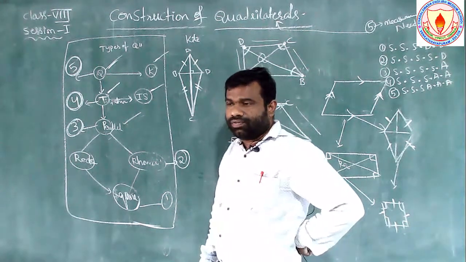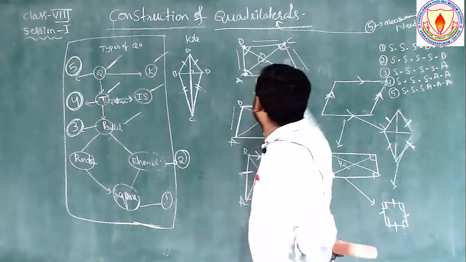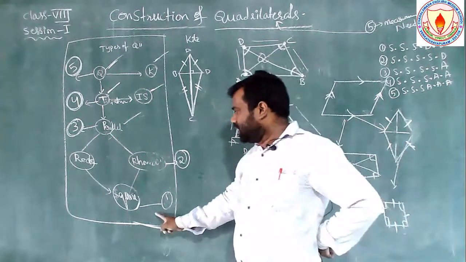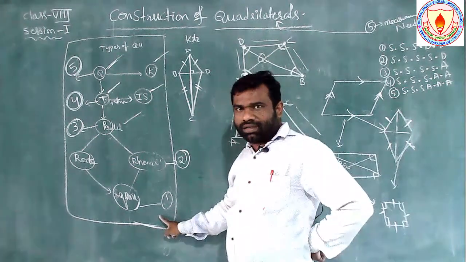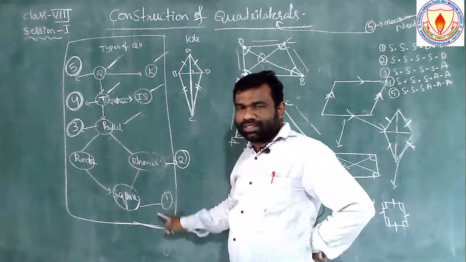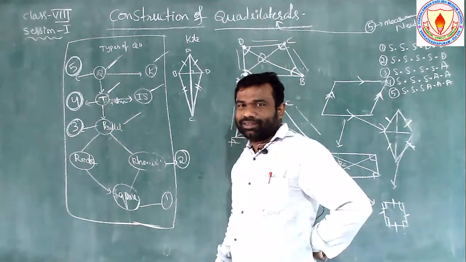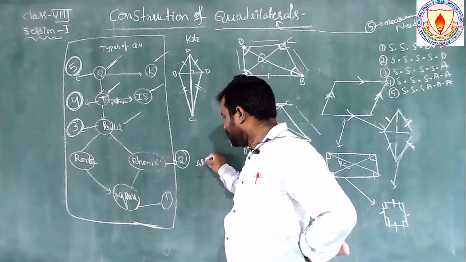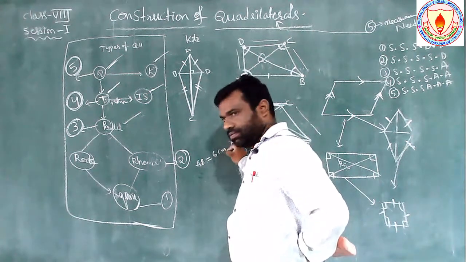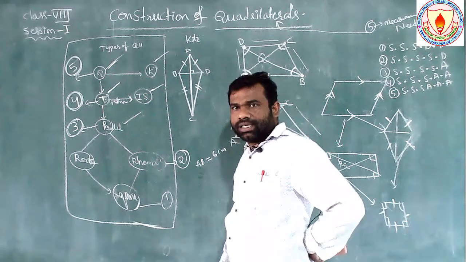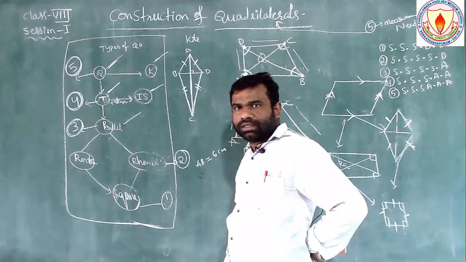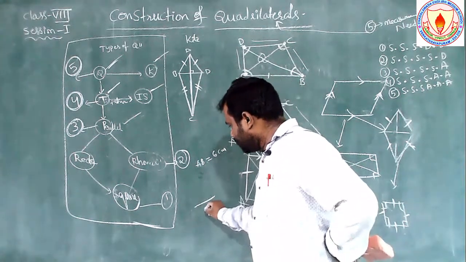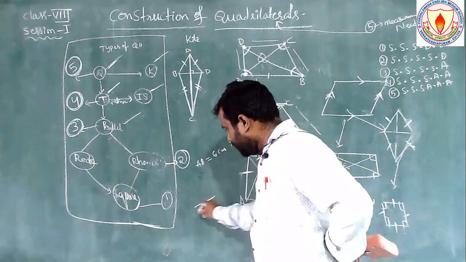So you may feel, how can you draw it, sir? You are saying 5 measurements minimum, then 1 measurement is enough for a square? How do you know that? Maybe there is a question in your mind. See, for example, AB is 6 centimeters. Yes or no? So construction: AB is 6 centimeters.